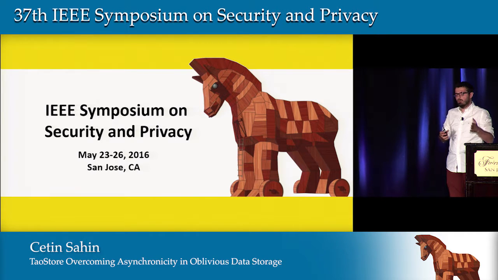So these are the employees of a company. You can assume in this way. But what if they weren't? What if they were mutually distrusting? What if they didn't want each other to see their access patterns or the contents of keys? Actually, the clients will not see each other's access patterns in this manner.